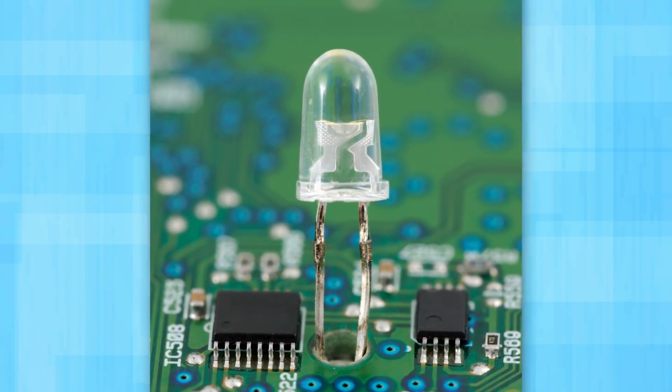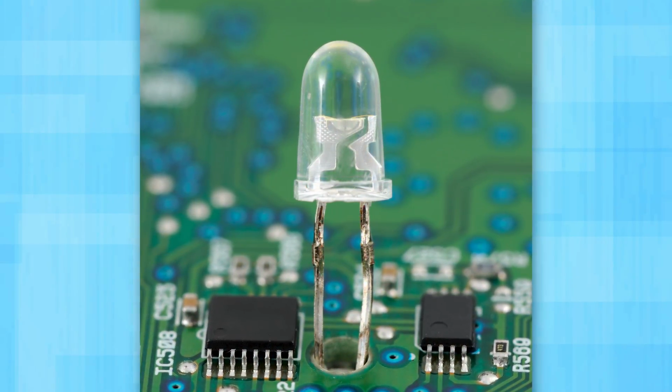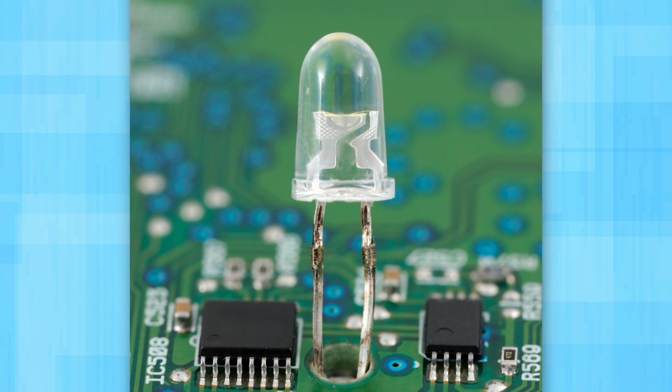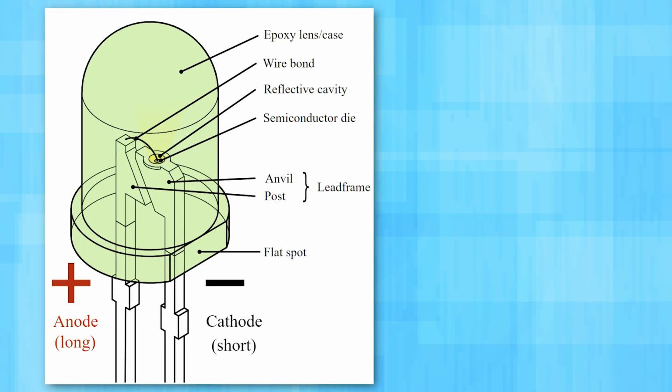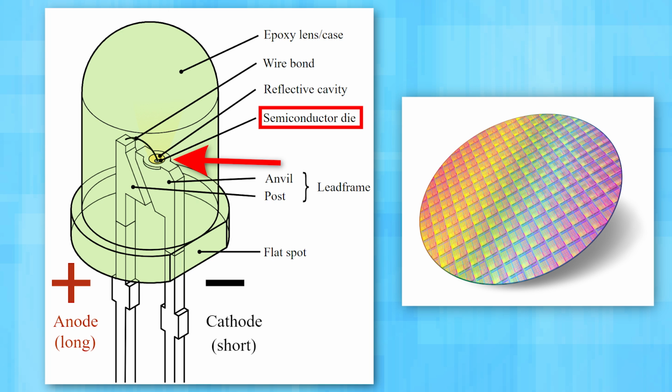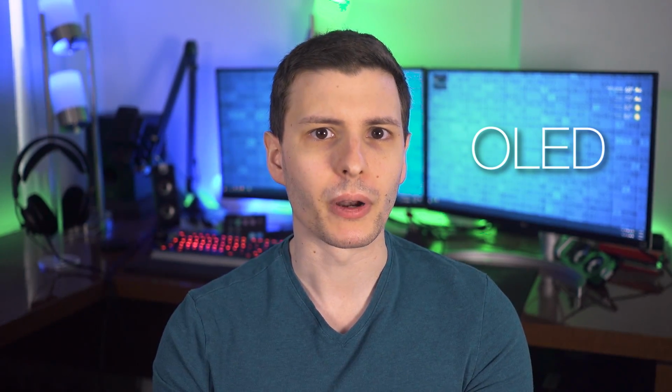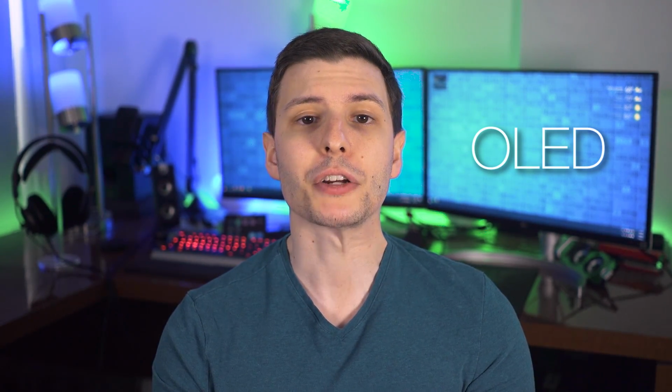Anyway, a light-emitting diode is just a diode that emits light when electricity passes through it. No surprise there. With a typical LED, the actual light emitting part of it is made of a semiconductor die, which is just a little small cutout piece of a semiconductor wafer, very similar to how CPUs are cut from large wafers. Then you just hook up some wires to the semiconductor piece and it can make light. On the other hand, OLEDs are actually really different, both in what they're made of and their manufacturing process.